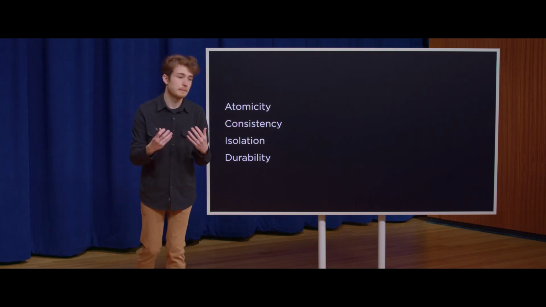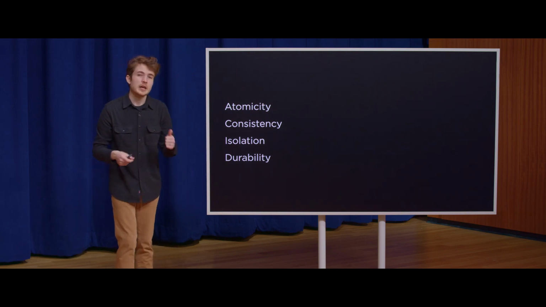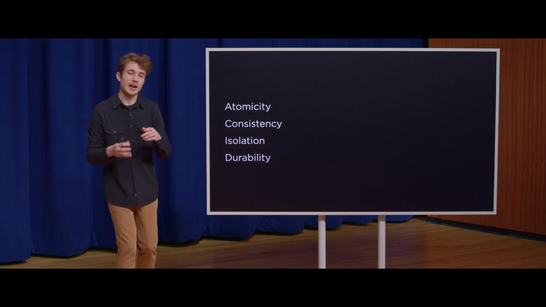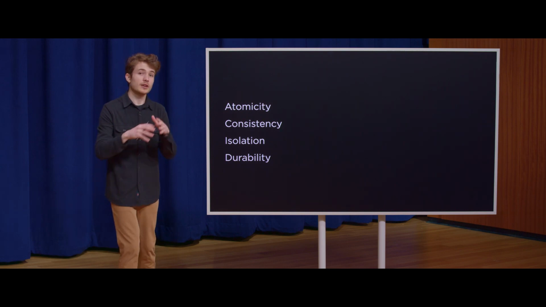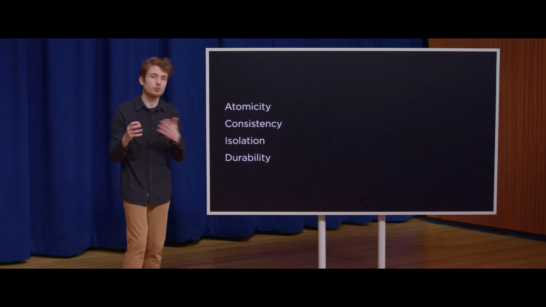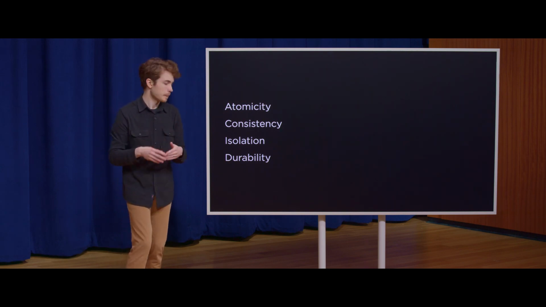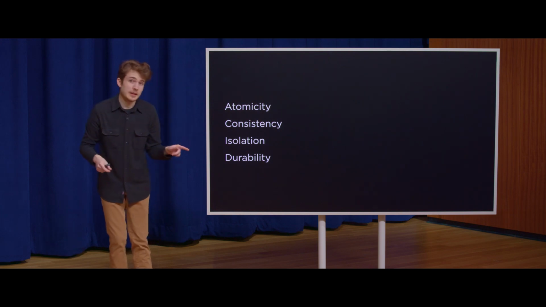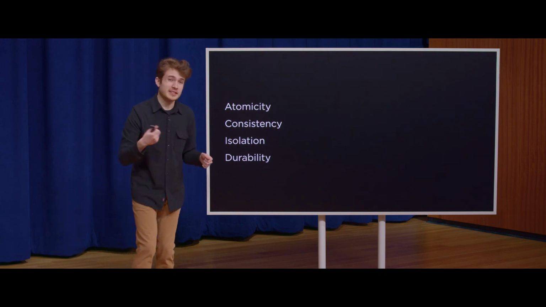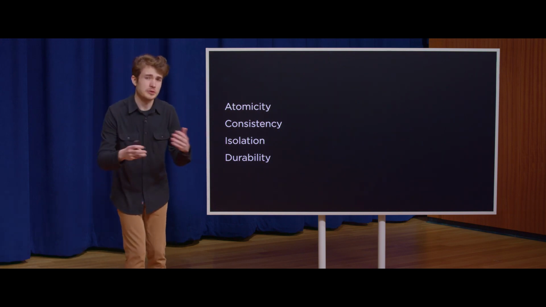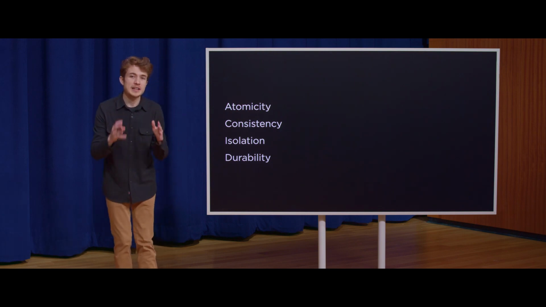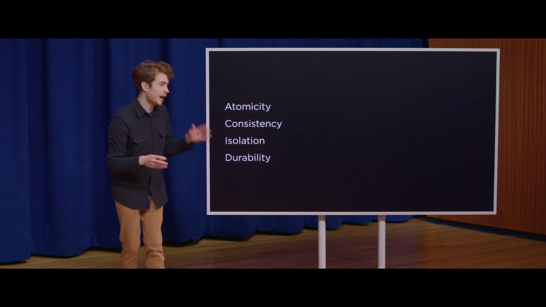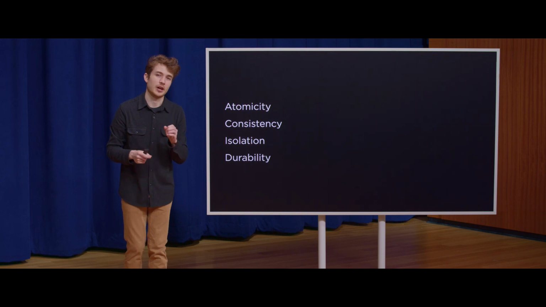so I go back to being in this consistent state for my database. Isolation means if I have more than one person trying to access this database, their queries, their transactions won't interfere with each other. And then finally, durability means if I were to unplug this database, or to encounter a power failure, or the server were to crash, all that data would still be there from the time we committed our transaction or saved